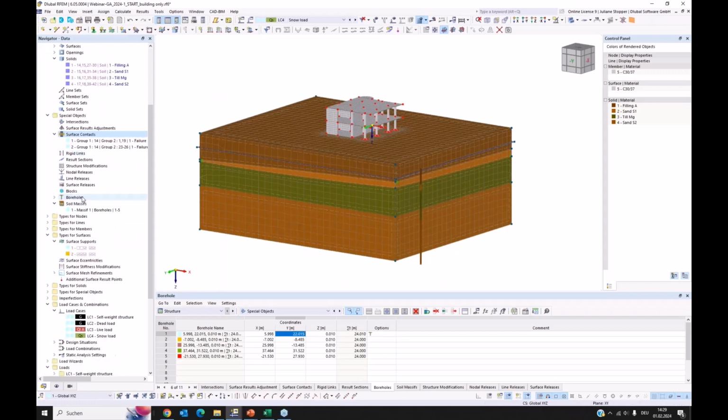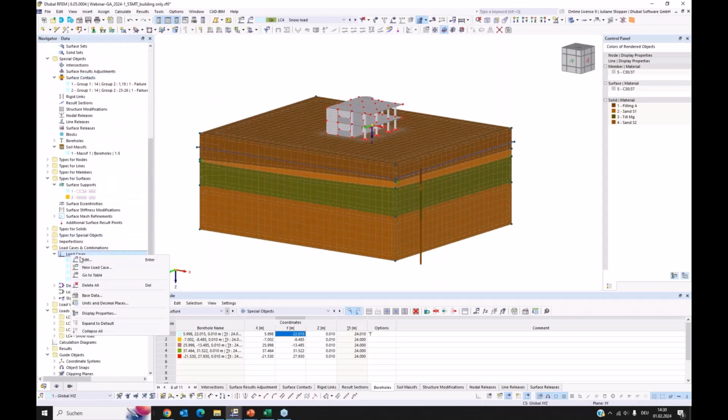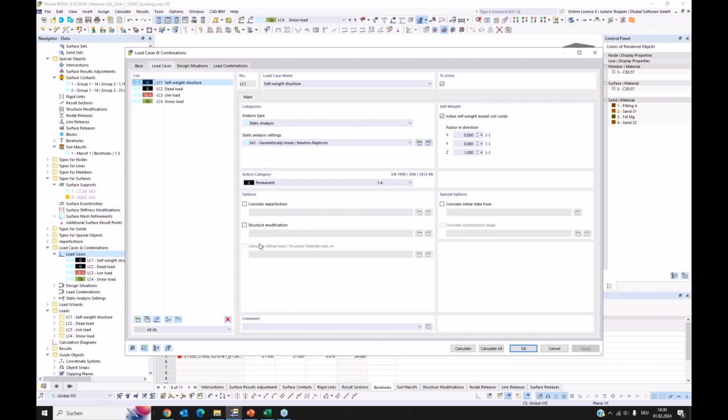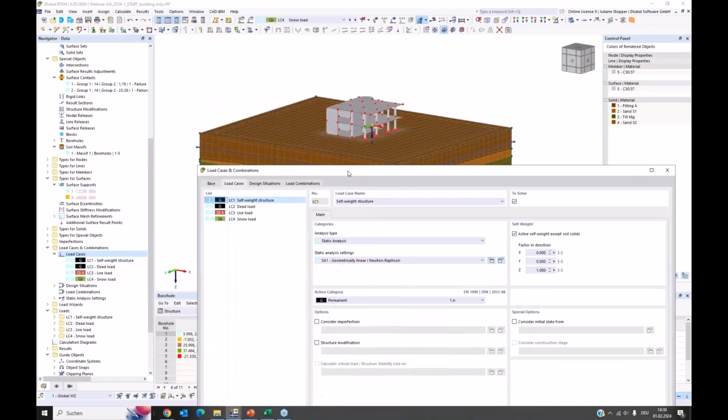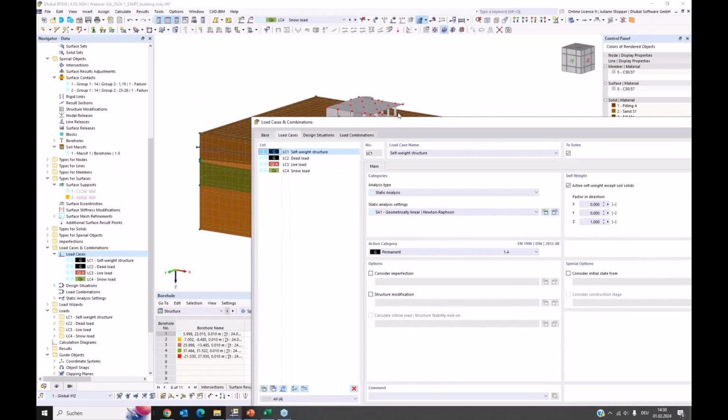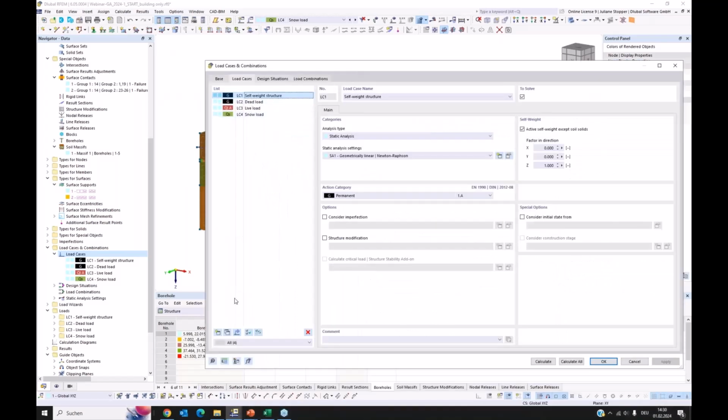Now we want to go to the dialog, because as we remember regarding our slides, we need one more load case. We need our initial state load case. Before we can calculate the building, we need to know the stress state of the solid, and therefore we need a load case, self-weight of soil. So I prepare my load case,